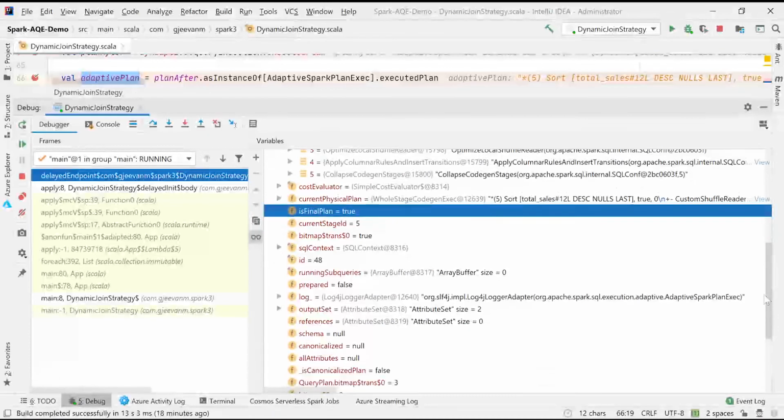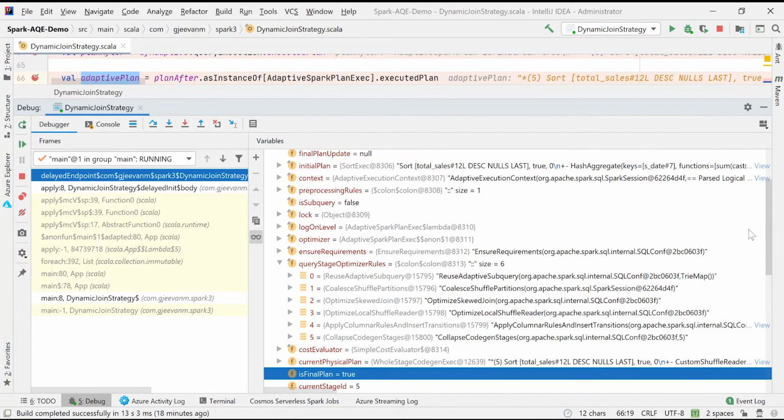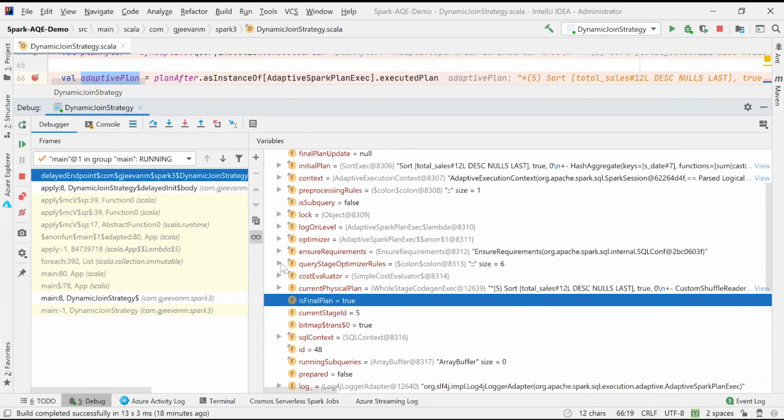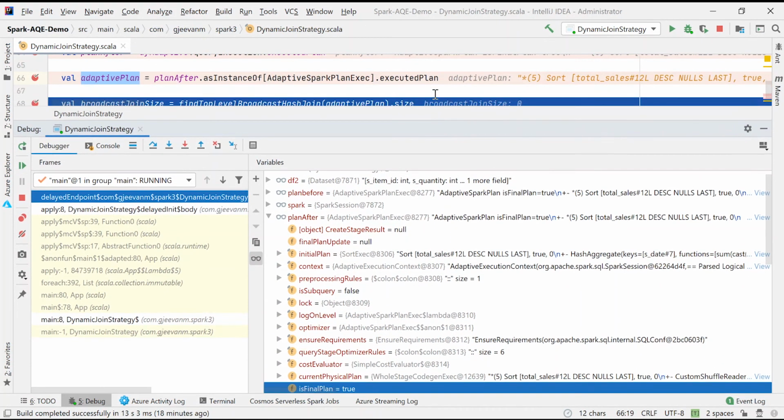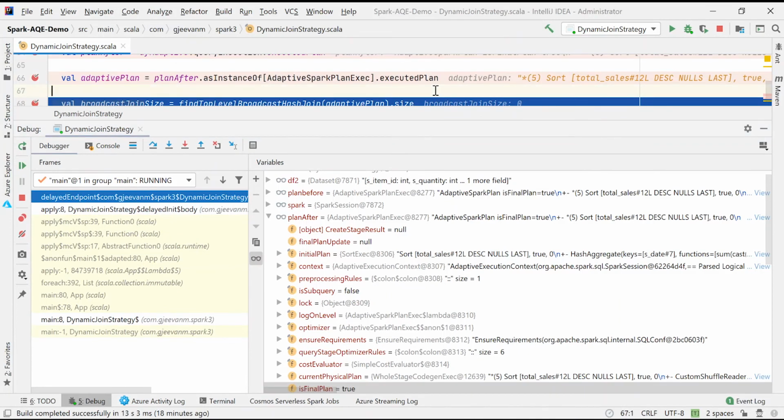So these are some interesting features. This is what I wanted to showcase in this video. I'll come up with deeper insights on the internals of Spark 3.0, how under the hood the Catalyst optimizer is working, how physical plans and logical plans are generated. I'll come up with more videos.